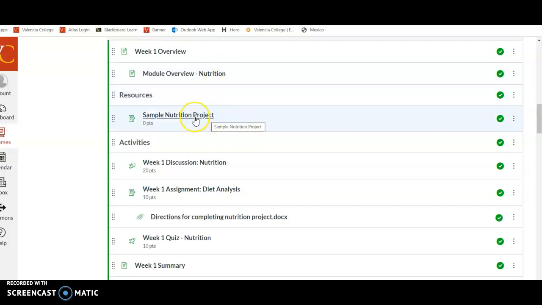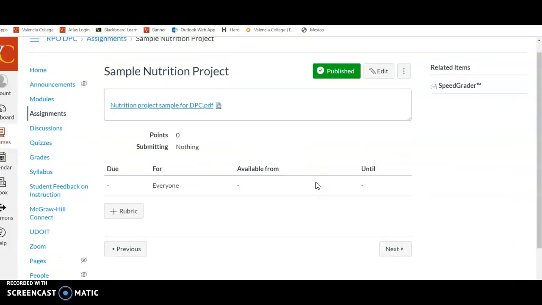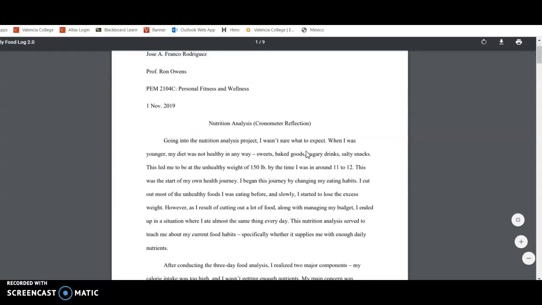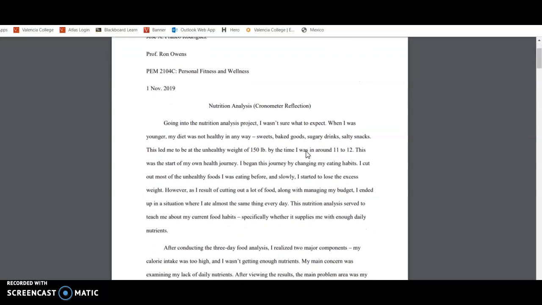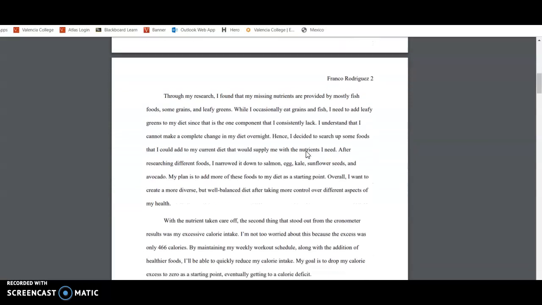The next thing that I would like for you to look at is a sample of what a good submission looks like. This is a full credit submission that a student had done and has actually given me permission to use his as an example. And this is what it would look like for full credit. Your write-up, which is described in the instructions on how to complete